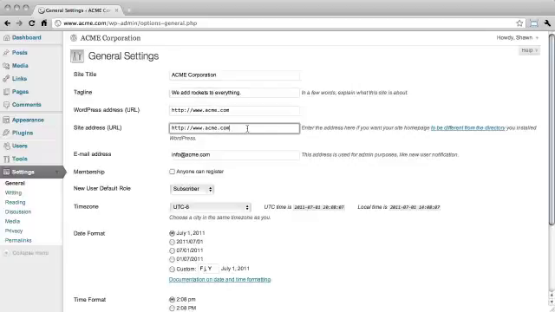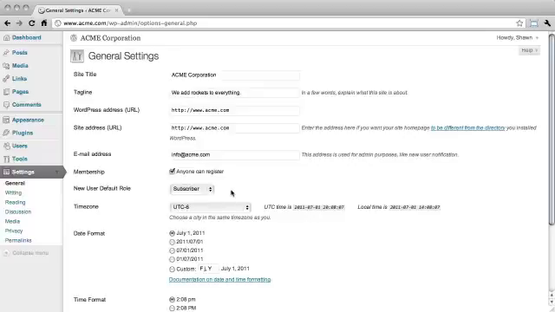description, and web address. The admin email address is where WordPress will send automated email notifications for things like new user registration notices. Choose whether or not you want your site to have open registration for anyone, and if you do choose to enable open registration, then choose a default role for these new members. It's a good idea to set this to subscriber, since subscribers can read but not publish or edit content on